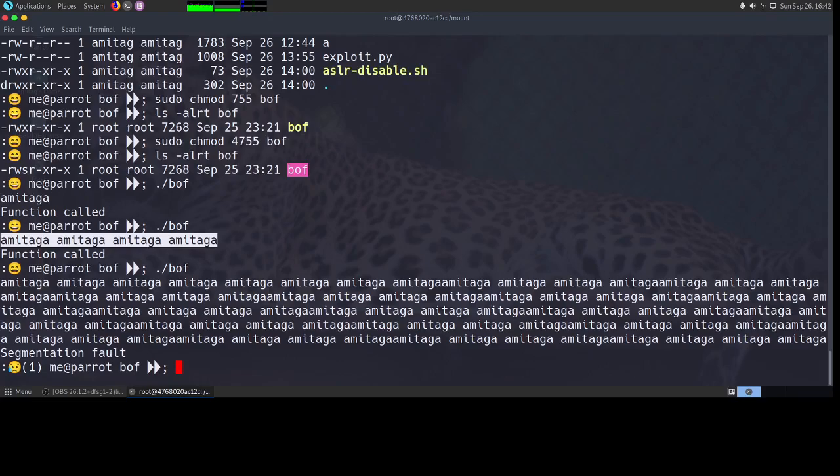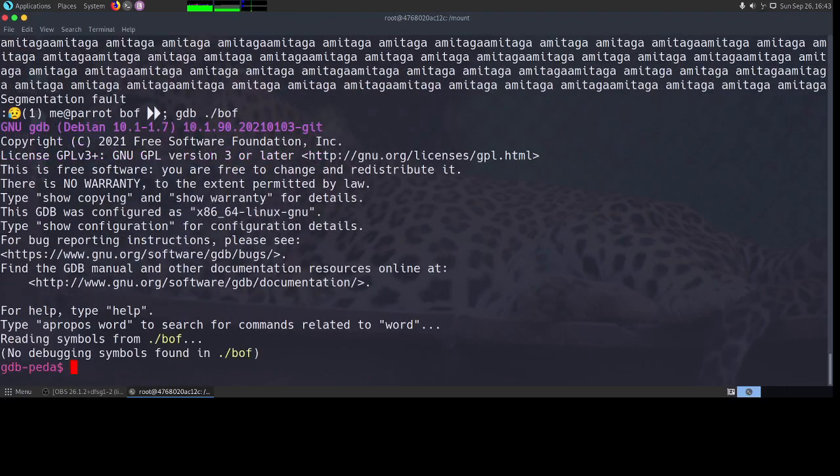So, how do we start? We will start with doing a GDB. Although this is owned by root and is SUID, since we have execute permissions, we can run it under GDB. Only thing is, when you run it under GDB, you will not be able to get root under GDB, because GDB will be running with your username. So GDB can be used for identifying the various addresses that we are looking for, or basically analyzing the binary, but not really for getting the shell itself.